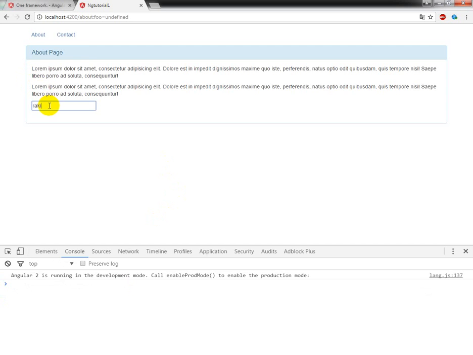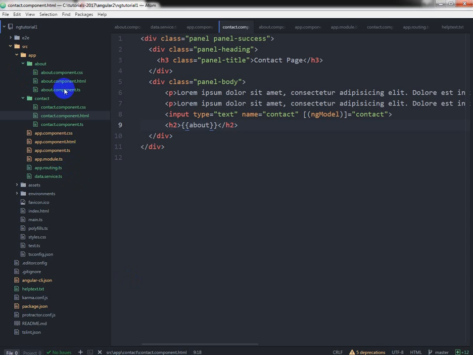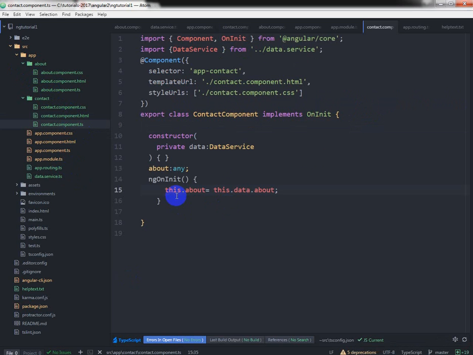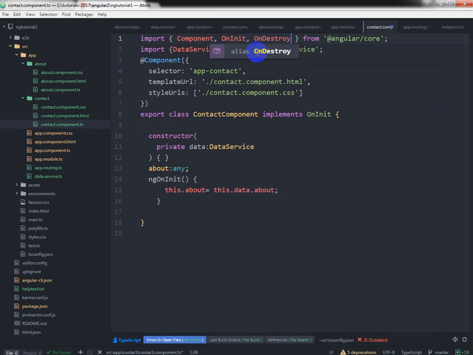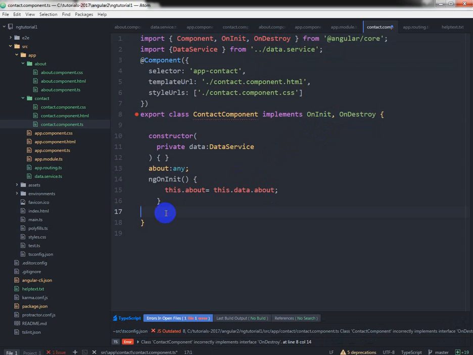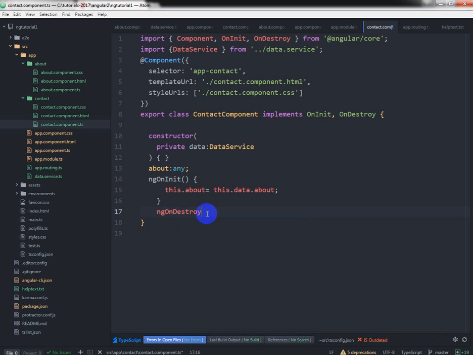Let us try one more. Yes, it is coming. Now if I like one more time, yes, when I write something here, vice versa, I want to see it here. Okay, so into here I need to create the same, like on destroy, and this here also on destroy here, and I need to have another method ngOnDestroy like before,